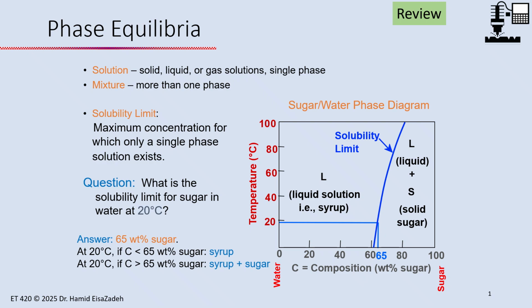A little review from the previous session. We talked about phase diagram, and this is a sugar water or syrup phase diagram. The water sugar has a solubility limit at room temperature up to here 65% of sugar can be added to the water,